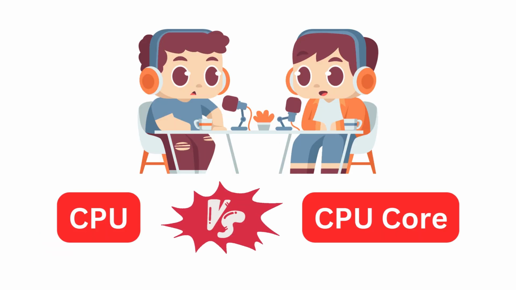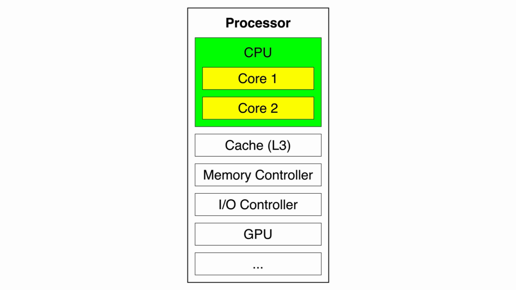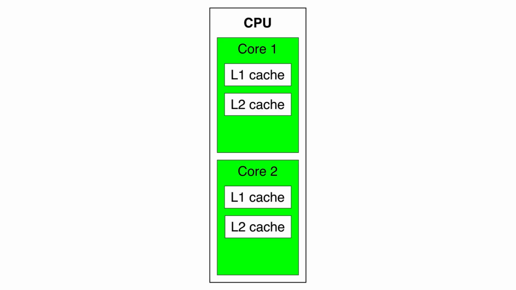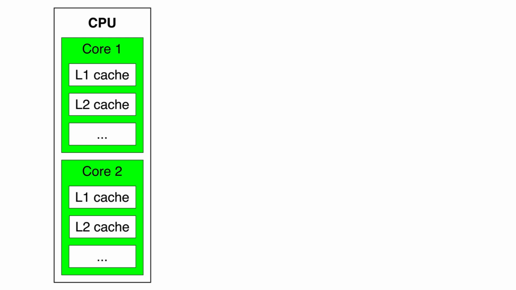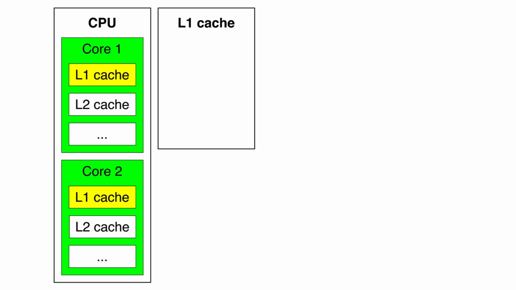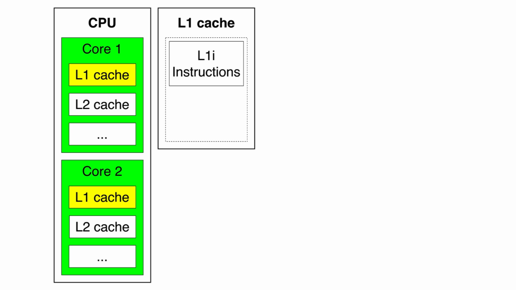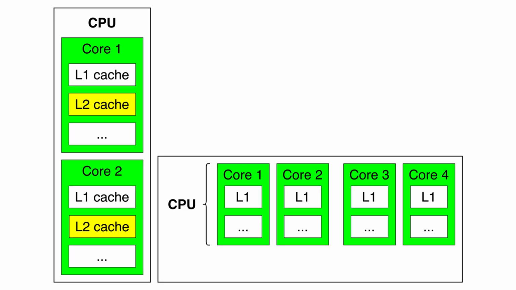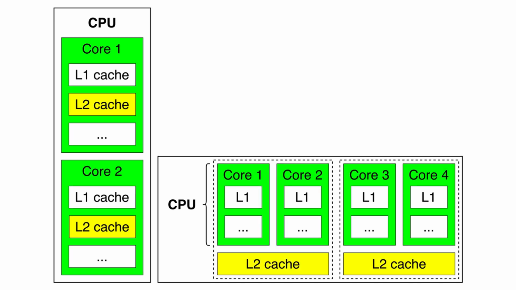Next, we'll look at the CPU and CPU core. In this section, to make things clearer, I will refer to the core in CPU as CPU core. A CPU can have one or more CPU cores. The L1 cache is typically divided into two parts, one for storing instructions, L1I, and one for storing data, L1D. L2 cache may be located inside or outside the CPU, but it is always closer to the CPU than the